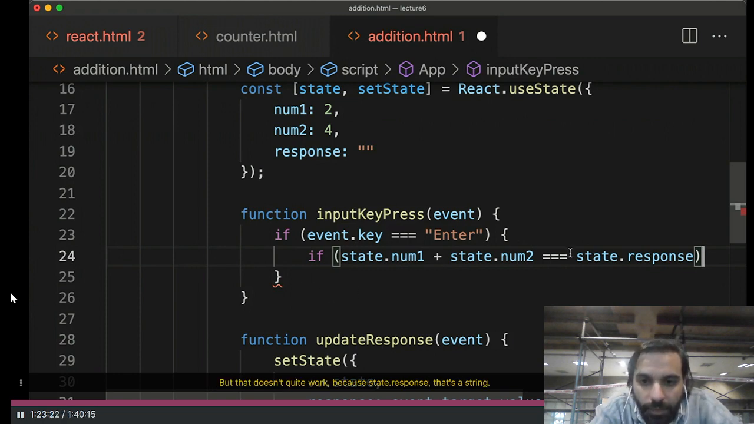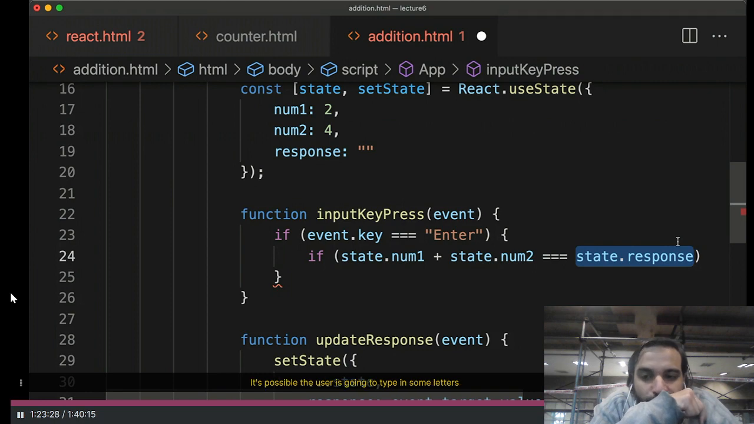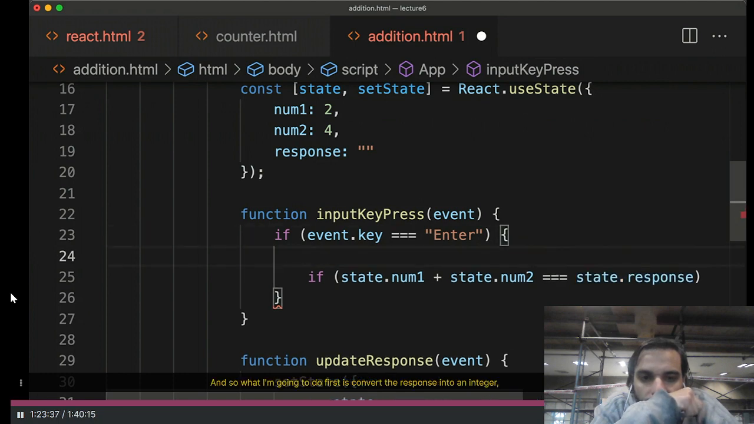But that doesn't quite work, because state.response, that's a string. The user doesn't necessarily have to type in numbers. It's possible the user is going to type in some letters instead, for example, or other characters instead. And so what I'm going to do first is convert the response into an integer if we're able to do so. So I'm going to define a variable called answer